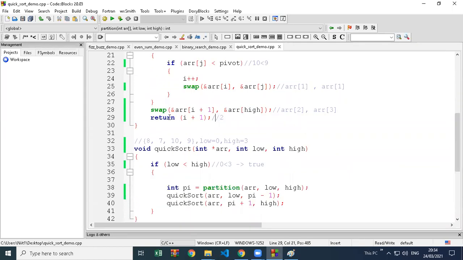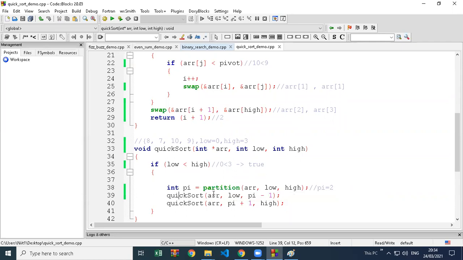And now this 2 value is going to return back to this line. Here the partition function started, now partition function is done, and finally partition function is giving us that number back, 2. So remember the pi value. I am writing the pi value. So write everything, then only we can go with the flow.